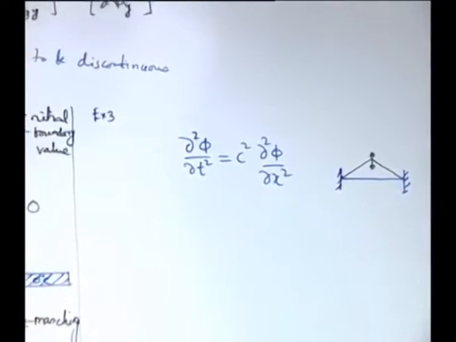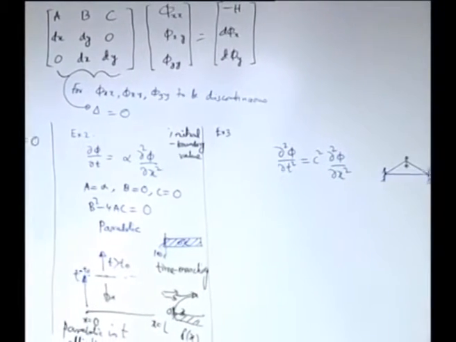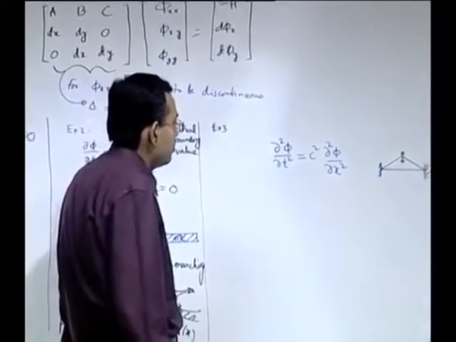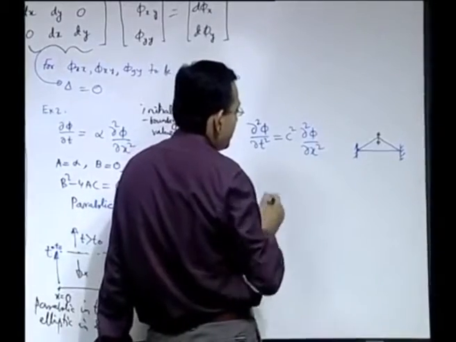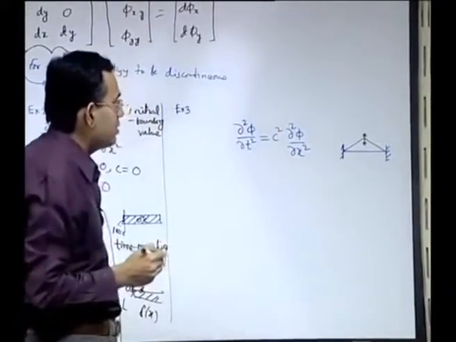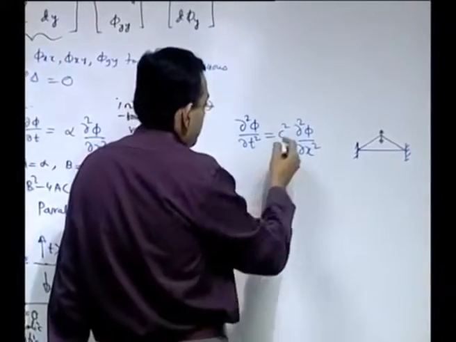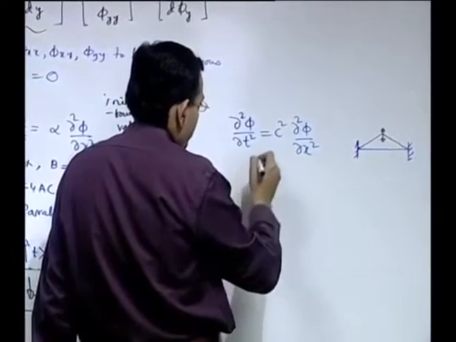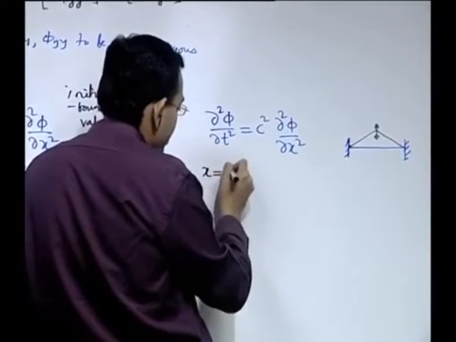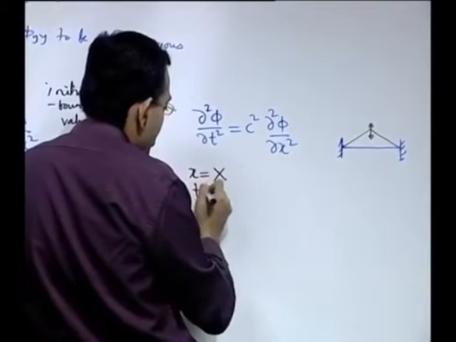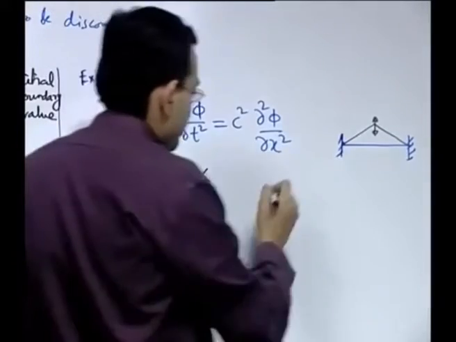Now the question is, what type of equation is it? Let us try to assess that. We will assess that subsequently. To do that, let us first try to identify the nature of the characteristics of this equation. It is possible to write this in this way. Let us say that we give a name, small x is nu capital X and small t is nu capital Y, just so that we can formulate it in this form.